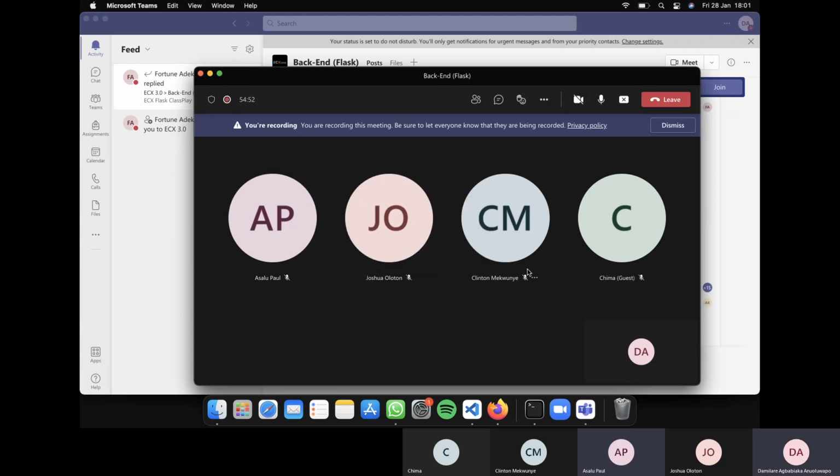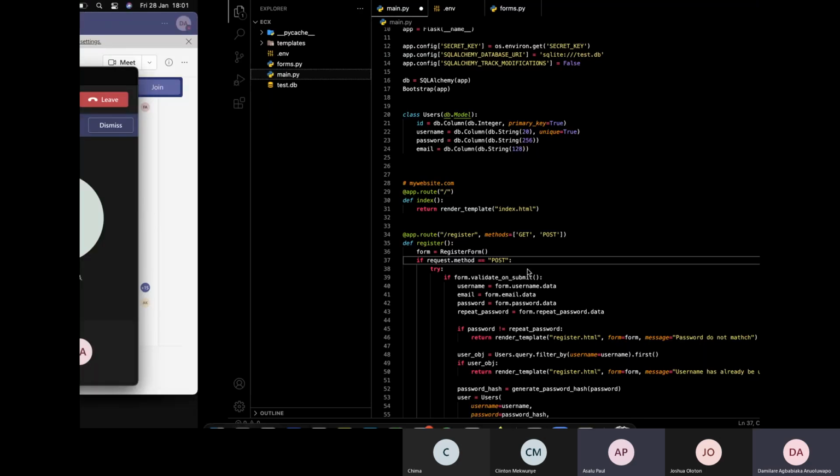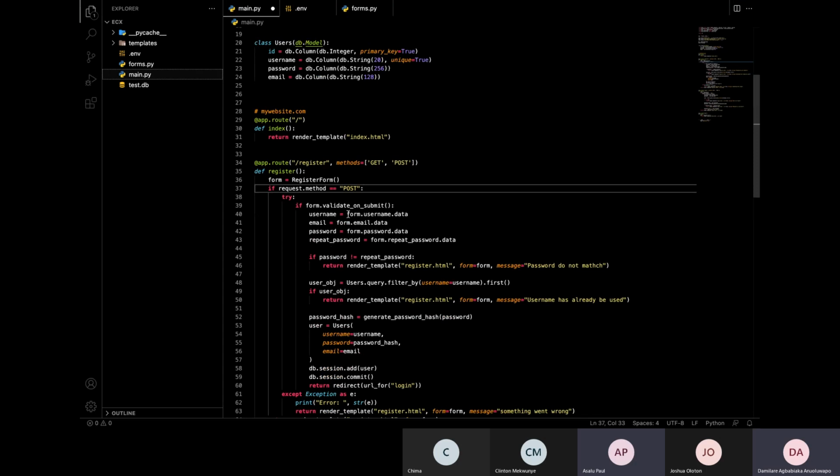Okay, sorry about that. So back to what we're doing. A simple way to do it: request is, as it says, an HTTP request. It's trying to see, okay, what method did you use to make the request? Are you trying to get a file? Are you trying to get data? Or are you trying to submit data? So if the method you are using is a post,